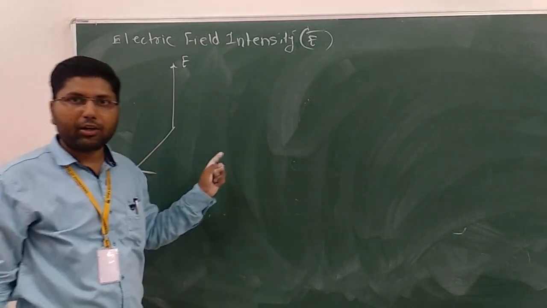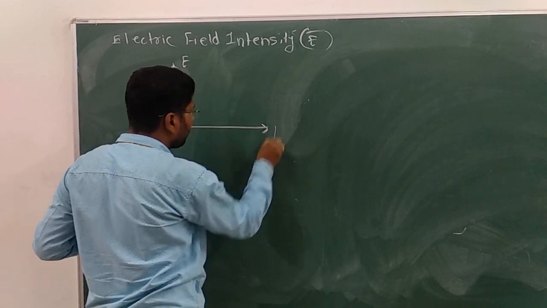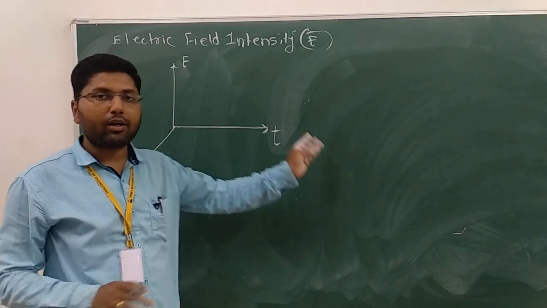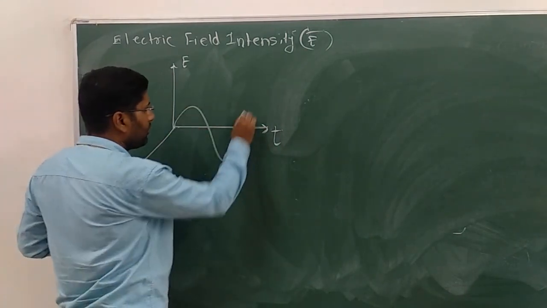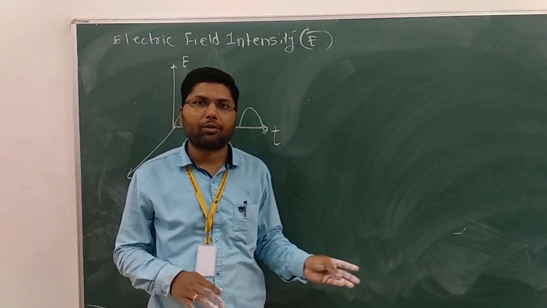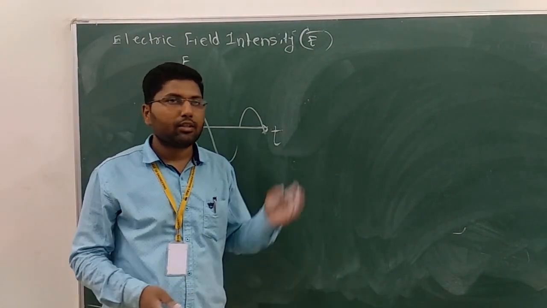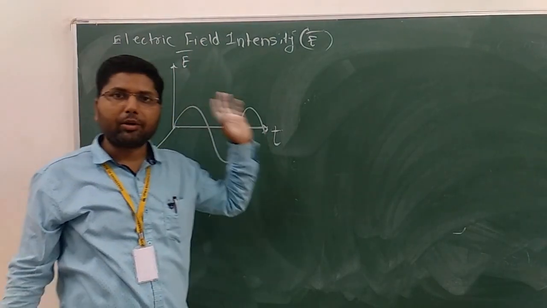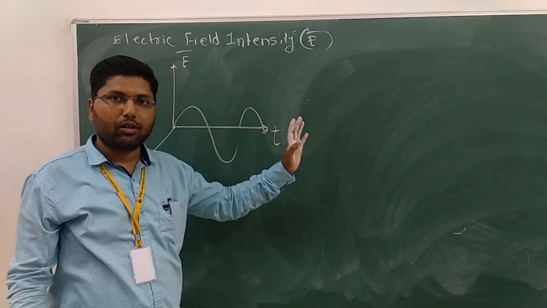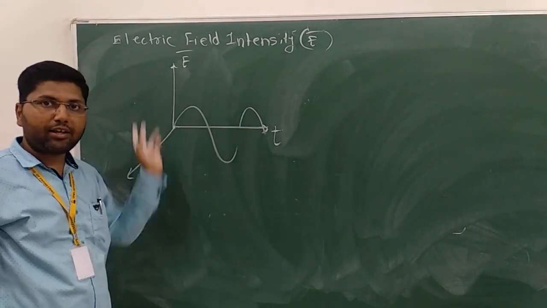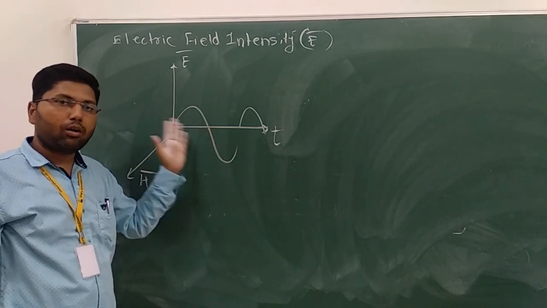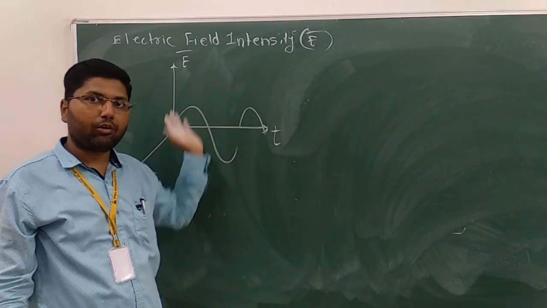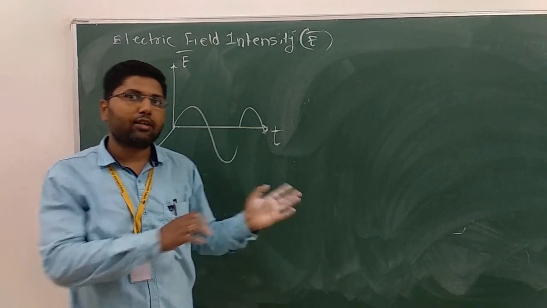They are perpendicular to each other, and the third part is time. When you relate E bar and H bar, that time you will understand wave propagation. For antenna, optical fiber communication and microwave, you will require this knowledge about E bar and H bar. Otherwise it will be very difficult to understand wave propagation, because when E bar and H bar are perpendicular to each other, the wave of propagation will be perpendicular to both E bar and H bar. That is given by Maxwell.